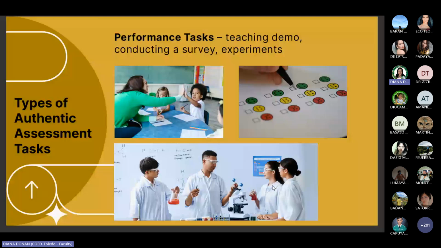It is really necessary. Okay, another example of a performance task is conducting a survey and analyzing the results in statistics or social studies. Or you may perform experiments in science and write lab reports. These tasks simulate real-life roles and ask students to apply what they have learned.